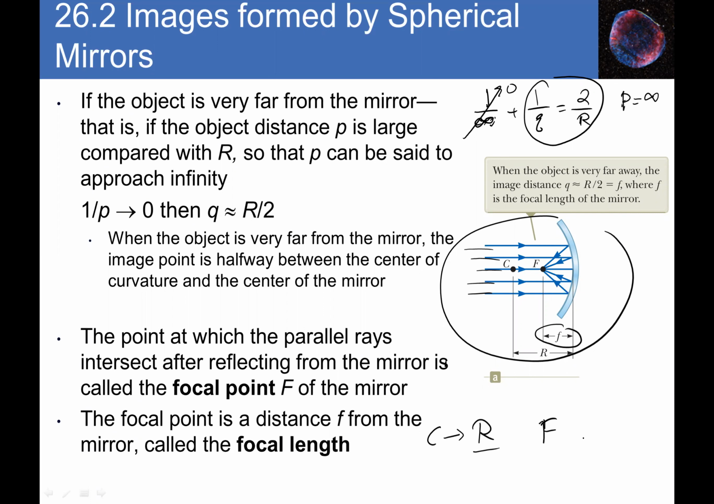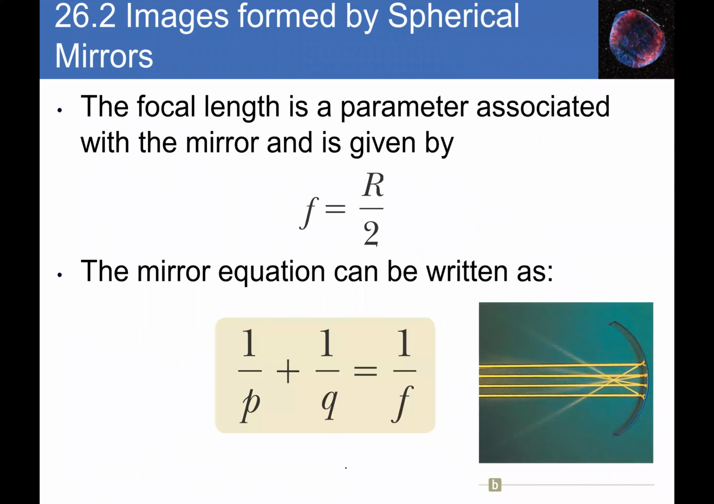Now we have a focal point, and the distance of the focal point to the mirror is lowercase f, which is the focal length. That means technically the focal length is half of the radius, because the focal point is halfway to point C. Remember that r over 2 is the focal length, and our original mirror equation was 1 over p plus 1 over q equals 2